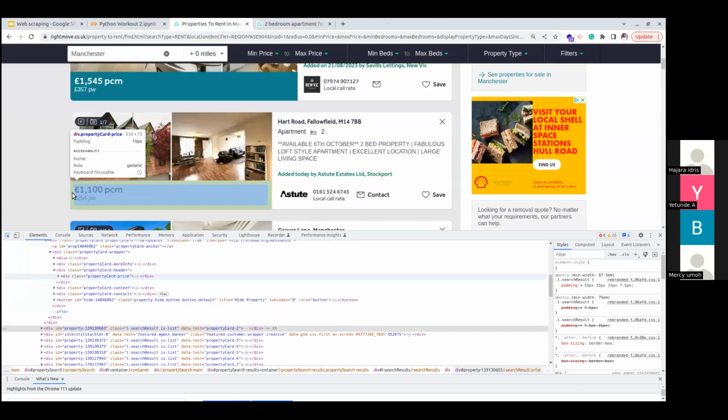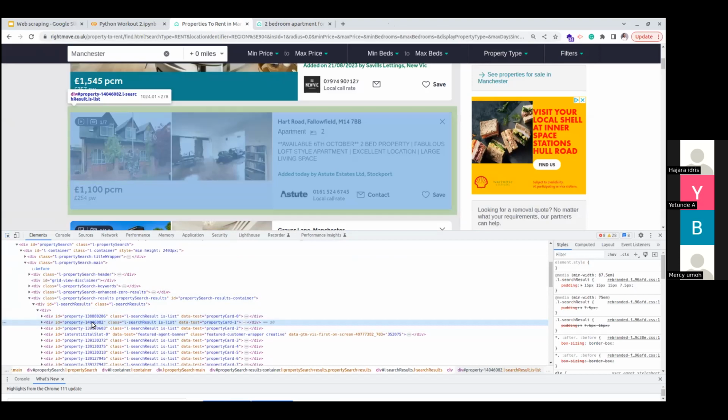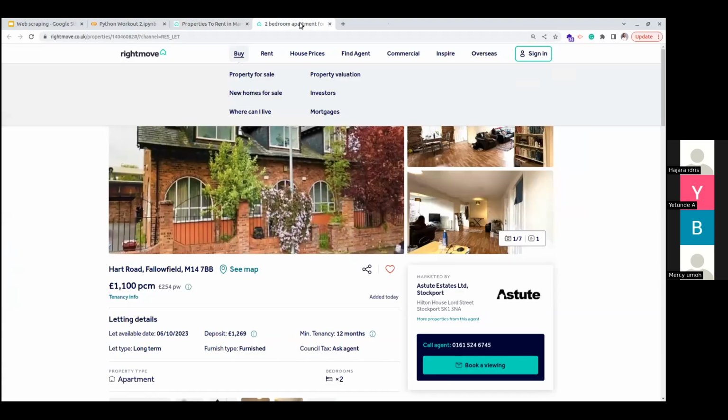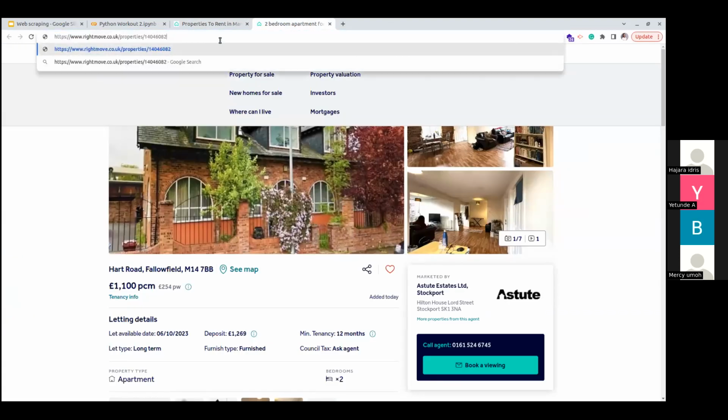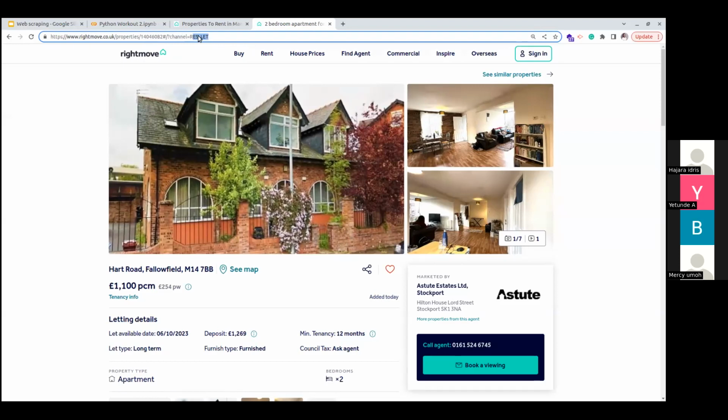You can see that it is 140468082, and when I open the link, that ID is there. It will always reroute, but you will see that the ID is actually used to access the entire details that we need for this particular listing.